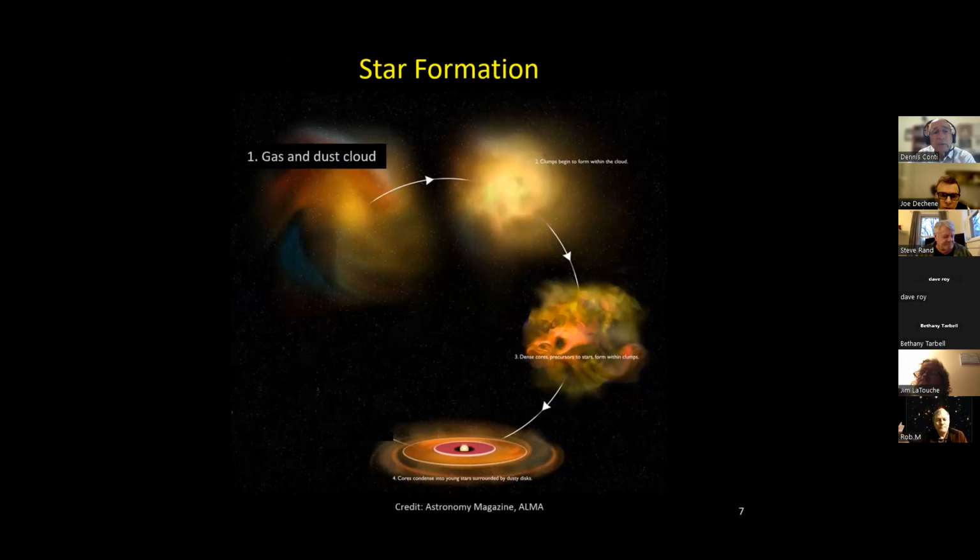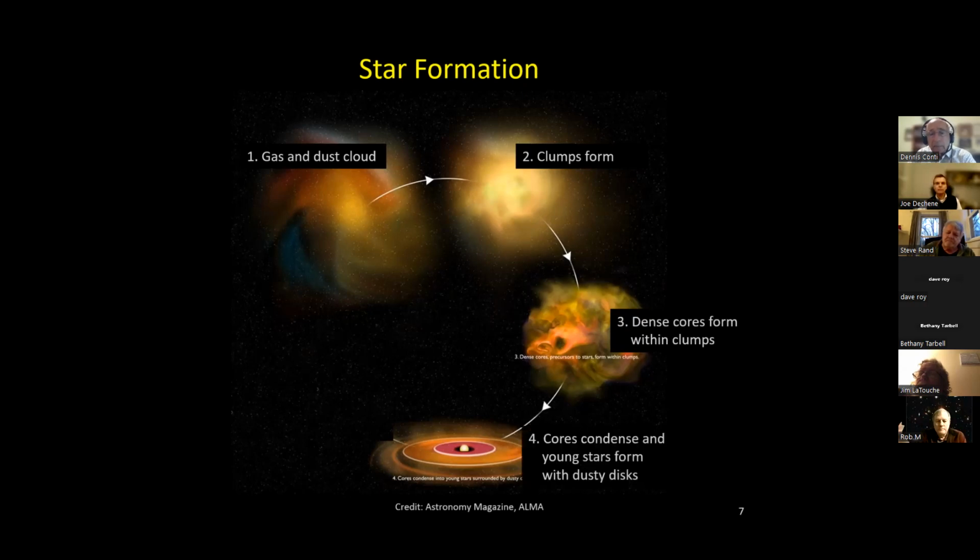So the first thing is this cloud of gas and dust. Clumps form from that cloud through just gravitational wells that form in that cloud. The clumps get denser and denser, just again through the accretion of the gas and dust material into tighter clumps. And finally, the cores condense and young stars are formed from these within a dusty disk. The best way I can explain how this happens, imagine an ice skater, where the ice skater